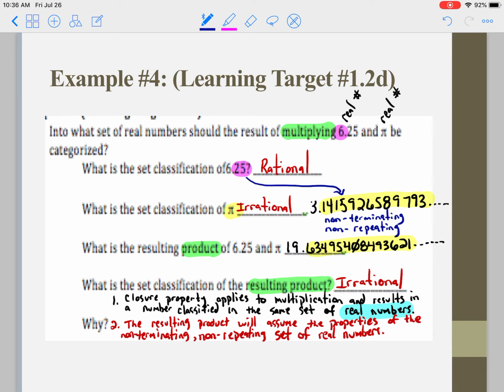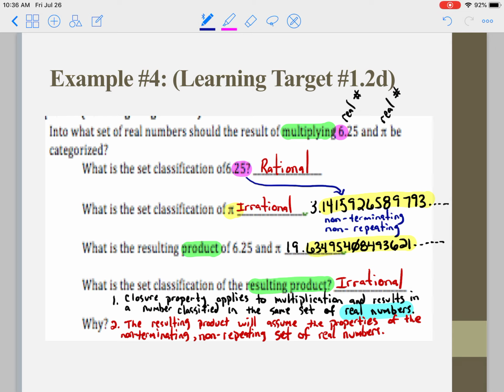So let me rephrase that. Using a rational number that terminates or repeats, such as 6.25, there is not a way for us to cause the non-terminating, non-repeating portion of an irrational number, such as the yellow highlighted portion of pi in decimal form,